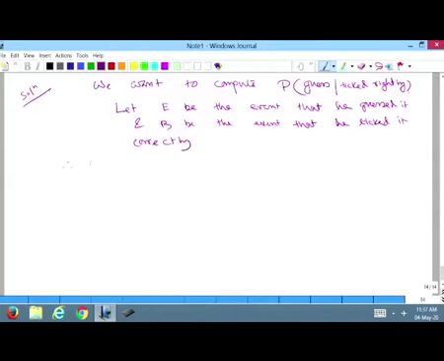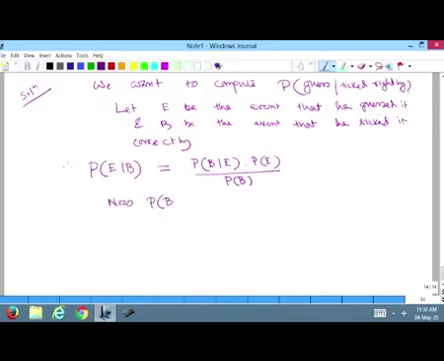Therefore, we want to compute the probability of E given B, which is the same as the probability of B given E into the probability of E divided by the probability of B. Now, probability of B given E, because he is randomly ticking and there are 5 options, that the probability he has ticked it correctly is 1 by 5, and the probability of E that he is guessing the answer is P, that is given,